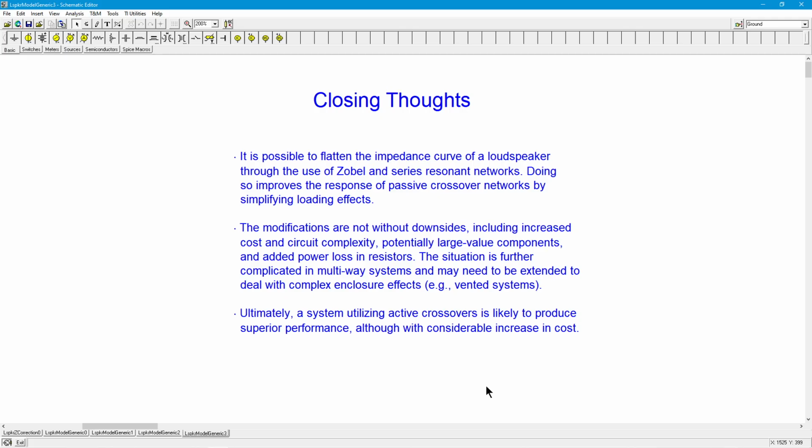All right. It's definitely an improvement if you're going to ignore the cost and complexity stuff, right? But it's definitely an improvement. Is it the best we can do? No. It's not the best we can do. As a matter of fact, I am a proponent of throwing all of this away. To my mind, the best thing to do is just dispense completely with passive crossovers and go to an actively crossed system. In other words, coming out of your amplifier, your preamplifier basically, you would go through an active crossover,